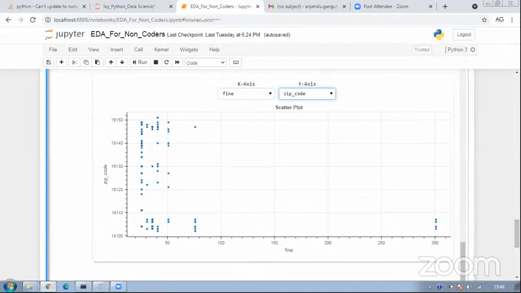If you see in here, all of the people who have been fined more than 300 have all been fined in this particular zip code, between 19100 and 1110. So we know where these high penalties are coming from. These are mostly from there.